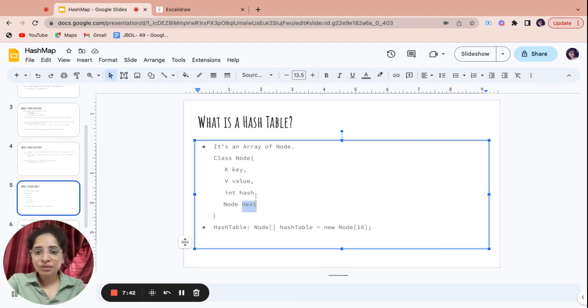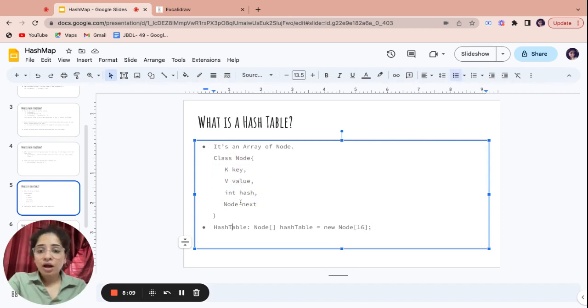So what is a hash table? Let's say I'm keeping an array, a node class array, with new Node[16]. This means I'm keeping an array of size 16, from index 0 to 15, of this class, which is known as a hash table.